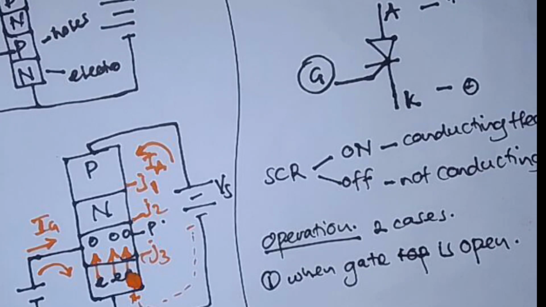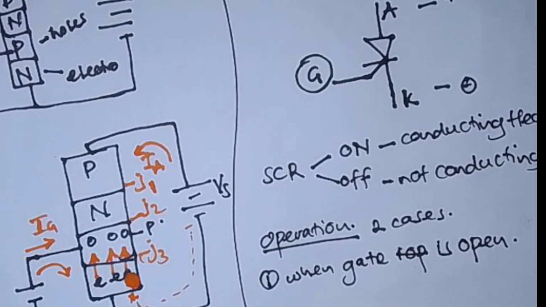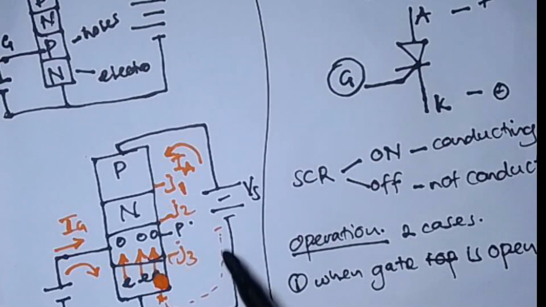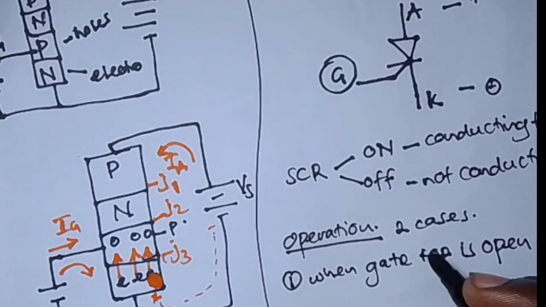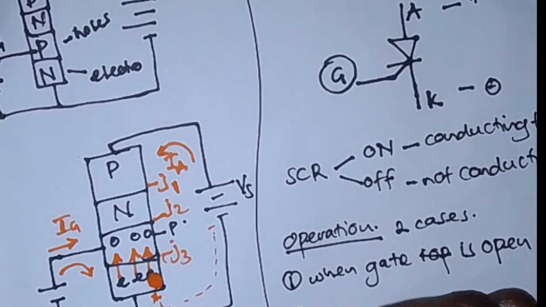But by varying this supply voltage, a state is reached when a certain junction, J2, breaks down and the SCR starts conducting heavily. And the voltage at which this occurs is what we call the breakover